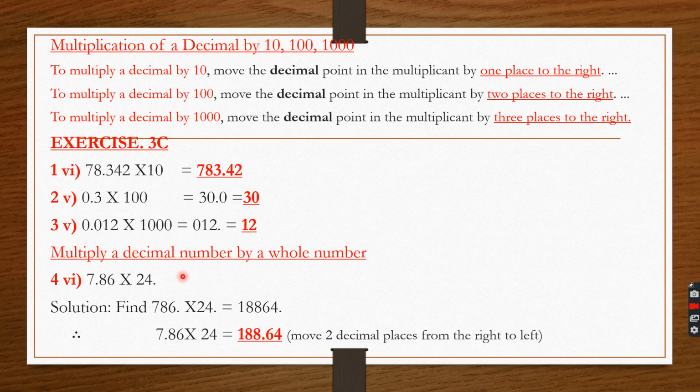Now, multiply a decimal number by a whole number. See here, there are 2 numbers, 7.86 into 24. It is a decimal number, and for this whole number, actually, the decimal is 24 point, but we are not considering that. For doing this one, multiply the numbers without the decimal. Normal multiplication, 786 into 24. If you multiply 786 into 24, you are getting